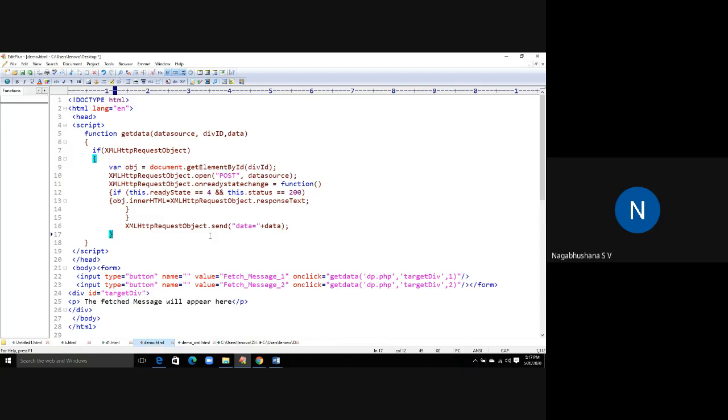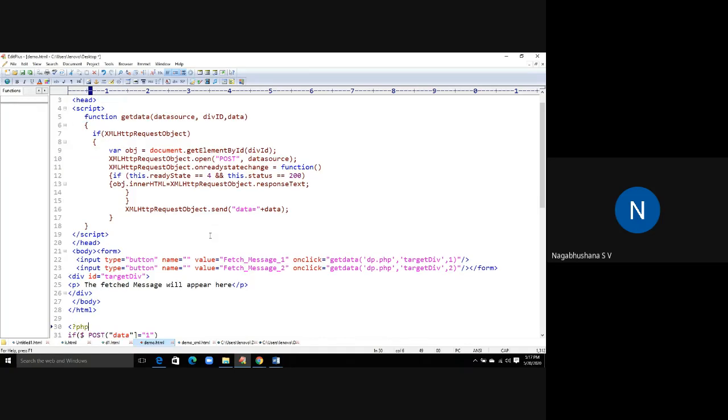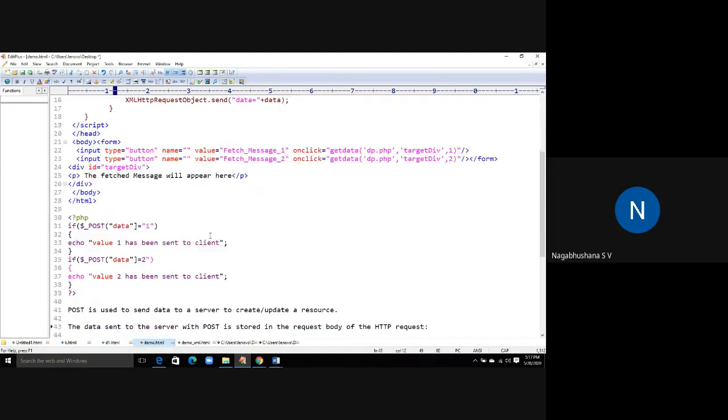Now here I have an HTML script with Ajax embedded and I have a PHP here. Since I am using the post method, from line number 31 to 38 I am also using the post method.